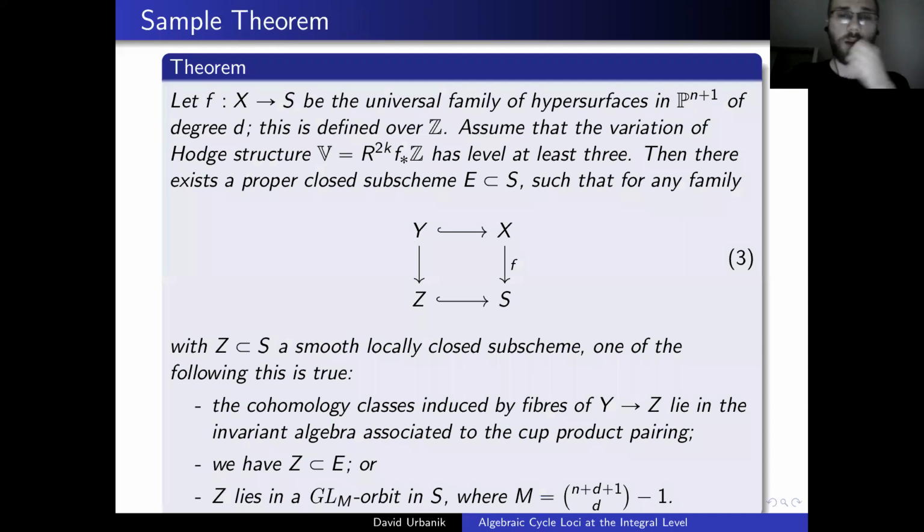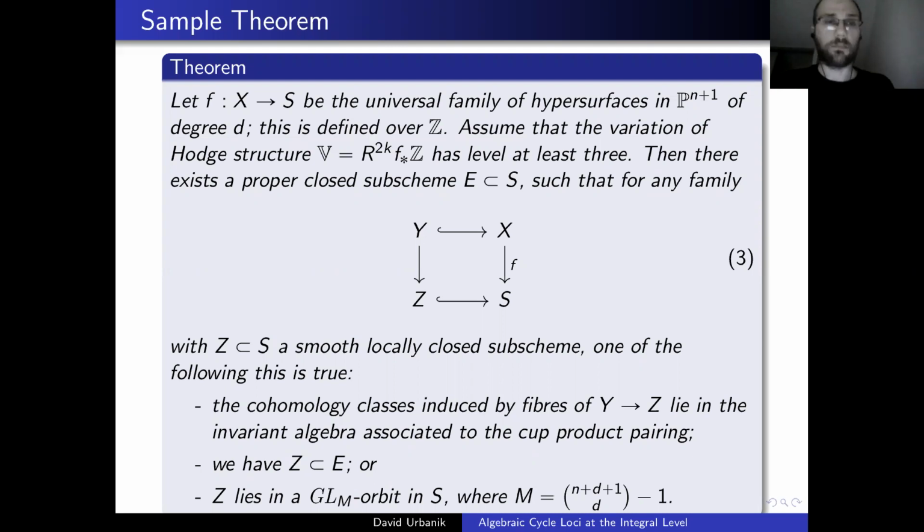Okay. So just to give you a concrete version of what we've proved, or one of the things that you can prove with this argument, here's a theorem that this argument proves. Suppose f: X → S is the universal family of hypersurfaces in P^{n+1} of degree d over the integers, and assume that the variation of Hodge structure in degree 2k, so k here is the middle cohomology, so I'm assuming that you choose n and d such that this is even,